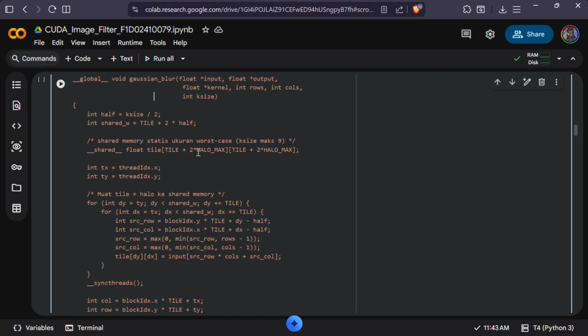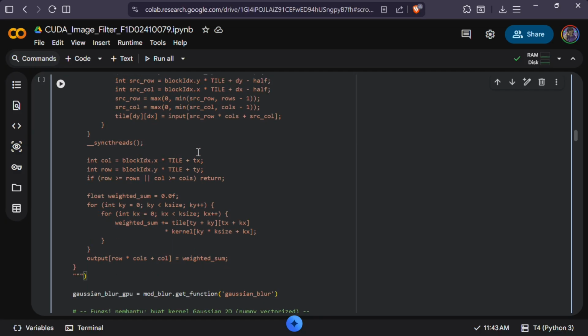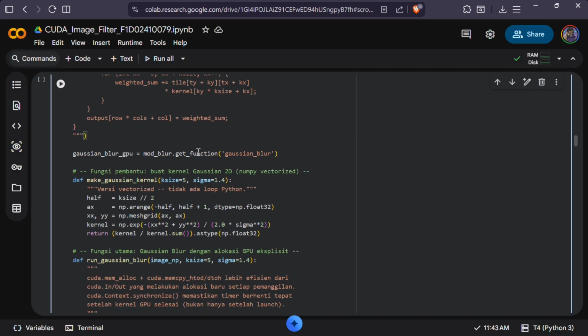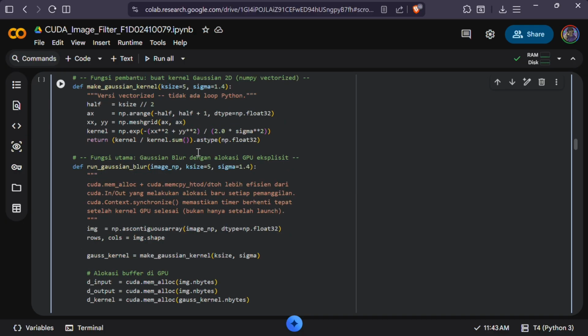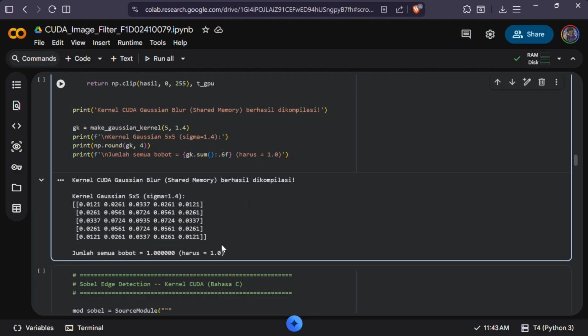Threads read from shared memory, not the slow global memory, to compute the blur. The result is that each pixel is read from global memory only once instead of kernel size squared times, which is much faster. And this is the CUDA kernel for the Gaussian blur with shared memory that we compiled.